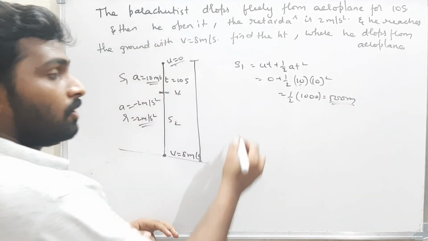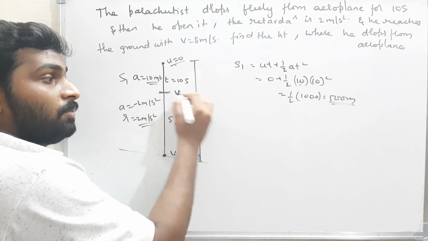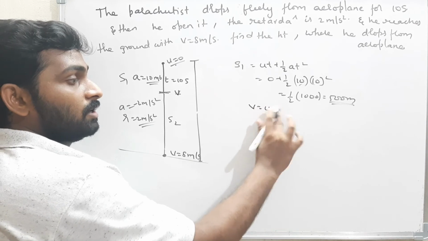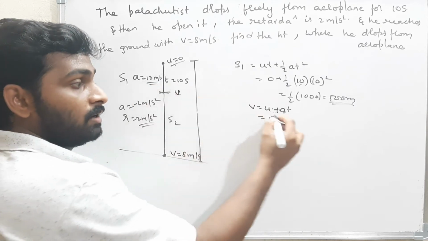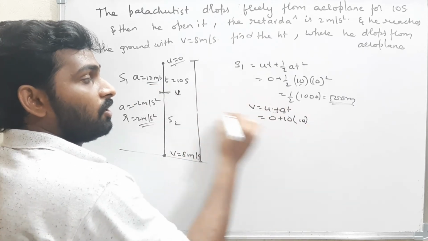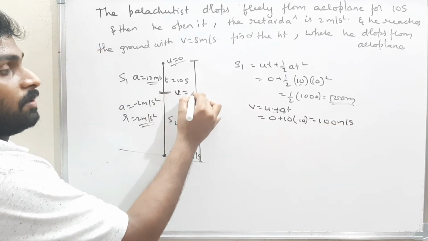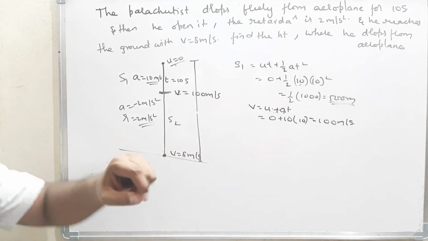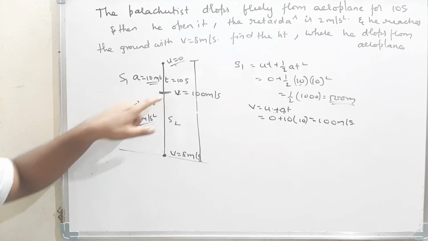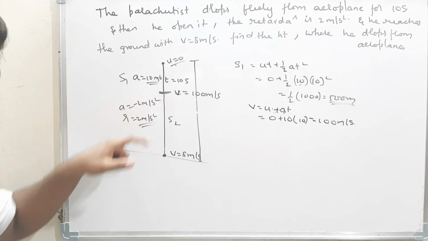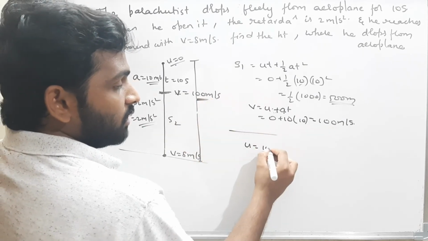Okay, well and good. Now, what is the velocity he is reaching here? After 10 seconds, what is the velocity of the person? The velocity is v equal to u plus at. Initial velocity is 0, plus acceleration till 10 seconds, that is 10, into time 10 seconds. Therefore the velocity of the person here is nothing but 100 meters per second. Once he gets the velocity 100 meters per second, he opens the parachute. Once he opens the parachute, the acceleration is minus 2 meters per second square. Therefore the initial velocity I will assume here as 100 meters per second.